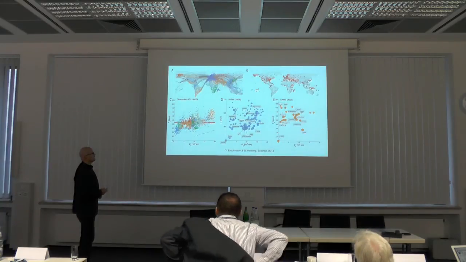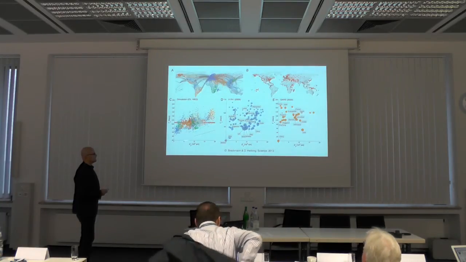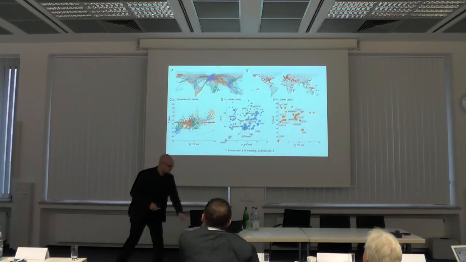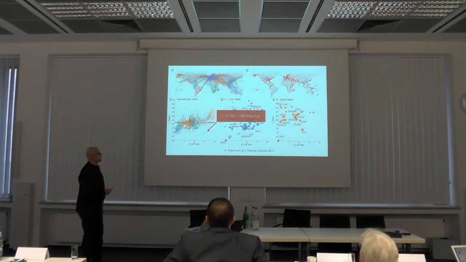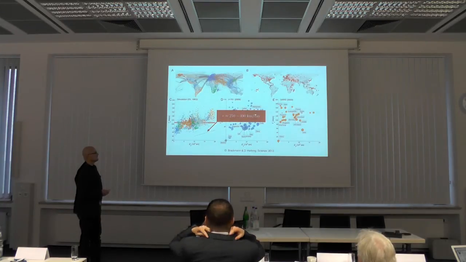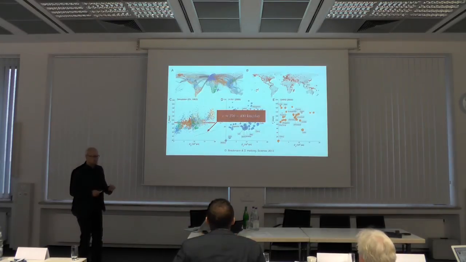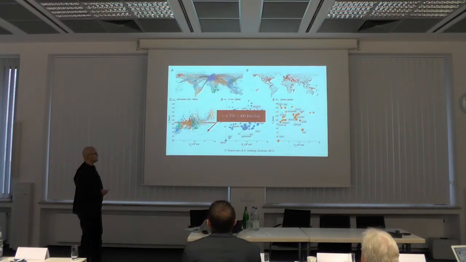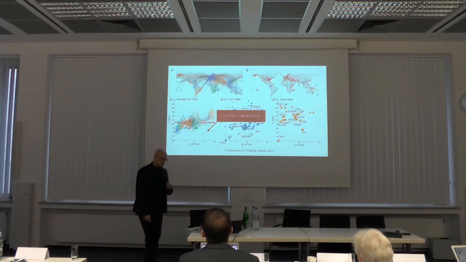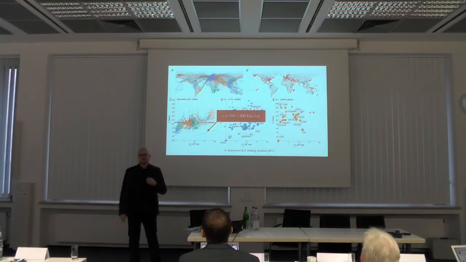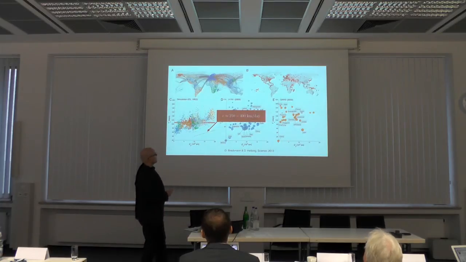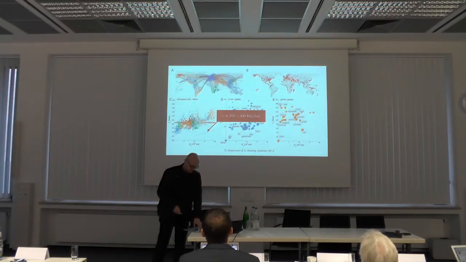And here is the arrival time of the epidemic as a function of geographic distance. And you can see there's a trend, and in fact, if you compute the slope of this, you get typical velocities of a few hundred kilometers a day, typical for influenza diseases like pandemic influenza. But what's important is not this trend. What's important is that if you fix a certain distance window, there's a huge scatter. So you can no longer, as was also clear from the videos I showed you earlier, use geographic distance as a predictor for arrival time. And that's true for H1N1 or SARS or any of the events that have happened.